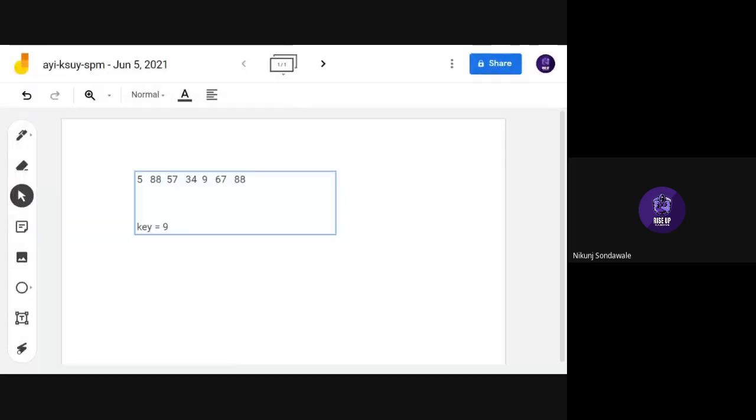Yeah. Let's go for binary search. What is binary search?